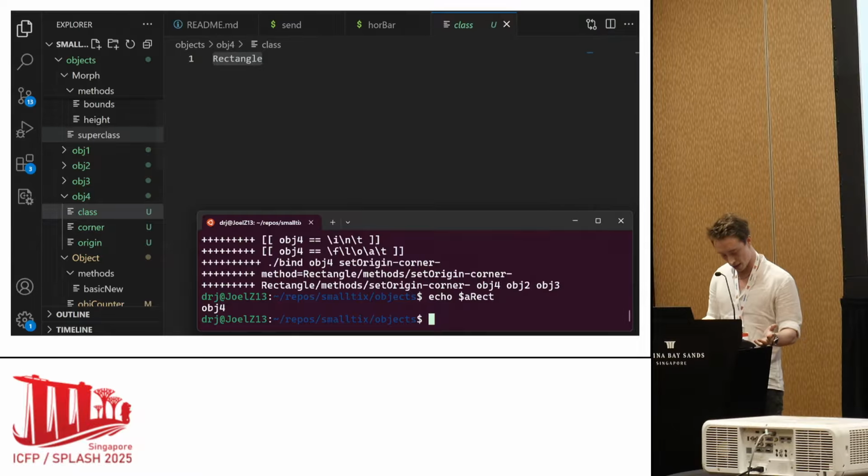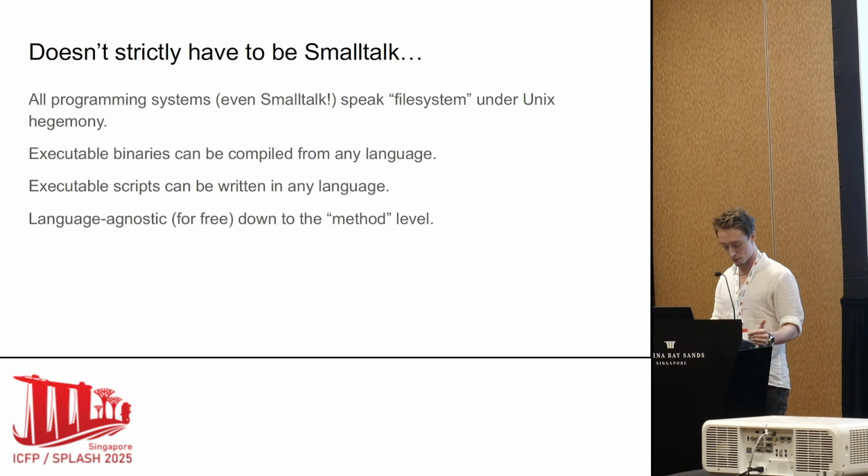So you saw an example implementation of message sending and how I compiled by hand the Smalltalk syntax to bash, how I did garbage collection manually. So that was how we can program Unix as if it were Smalltalk. But it's also interesting to consider the generalized Smalltalk, where we make software out of many small uniform directory graphs and executables without necessarily doing anything particularly Smalltalky. So without the send primitive or anything like that. And again, because every language has an API to the file system, this approach is language agnostic down to the small executable files. We can write these methods using whatever language we want, because everything speaks file system.